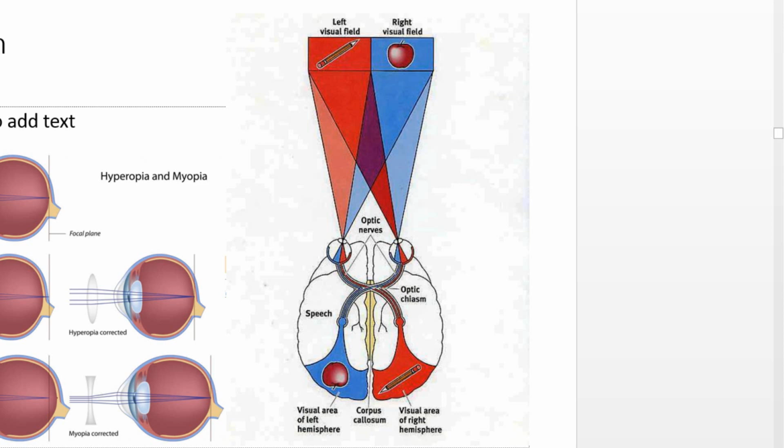So, for example, whether it was a closed head injury or possibly a stroke, an individual could have damage to the occipital lobe on the left hemisphere, and what they wind up with is blindness on the right hemisphere. So, if after a stroke a person can't see anything on the right-hand side, you're largely guaranteed to recognize, even before you get to the expensive brain scan that you're going to have the person do, you know where the damage in the brain already is. It's in the left occipital lobe.